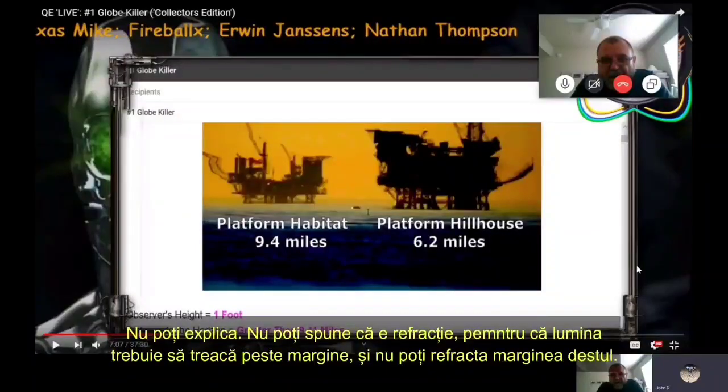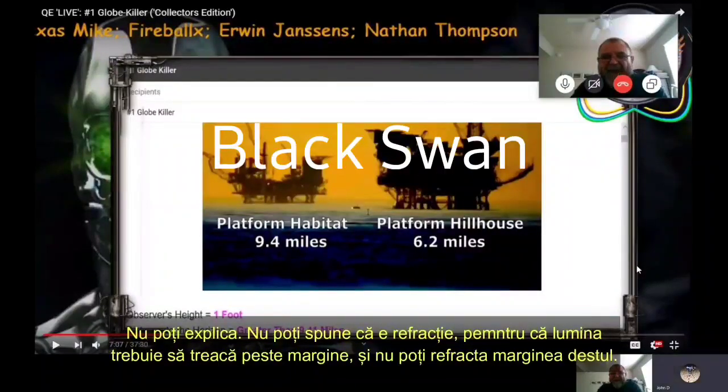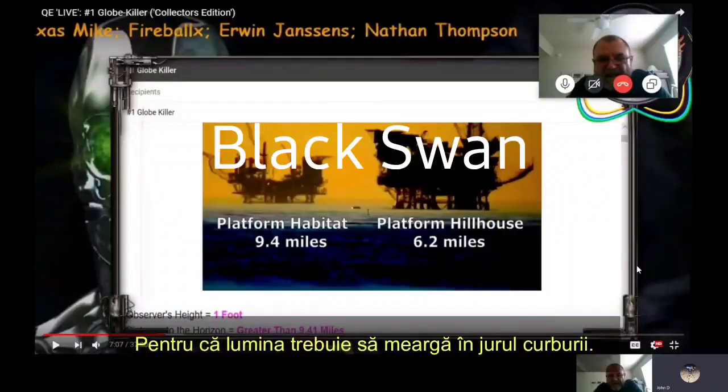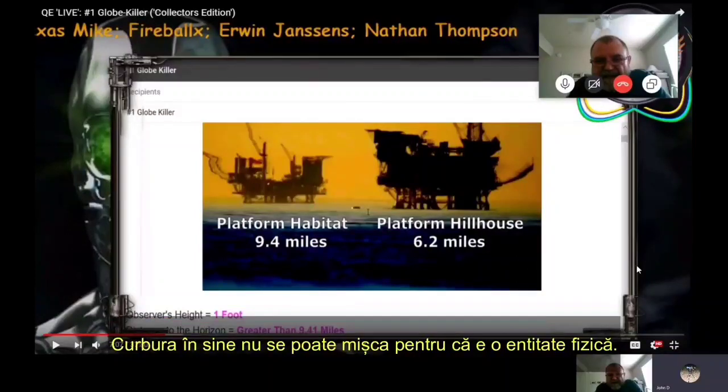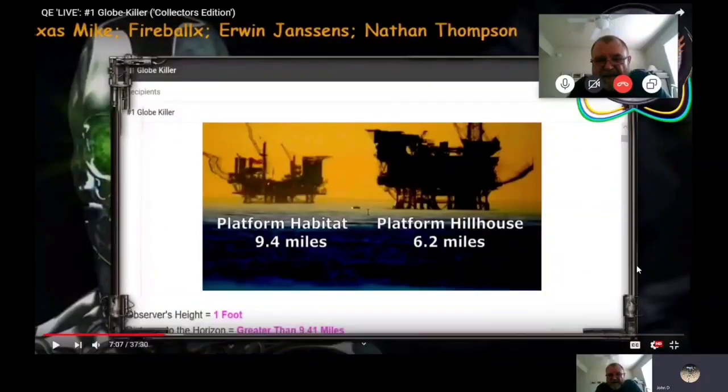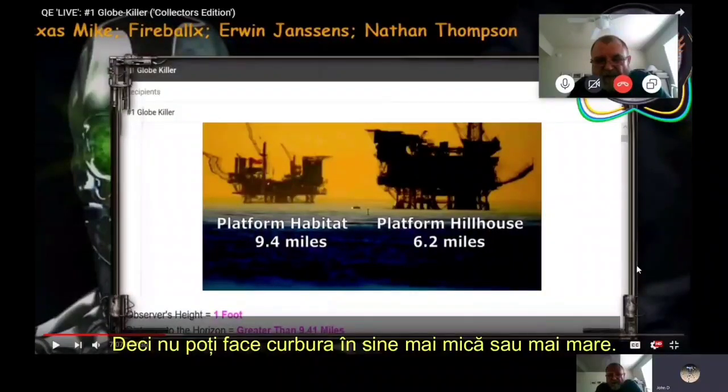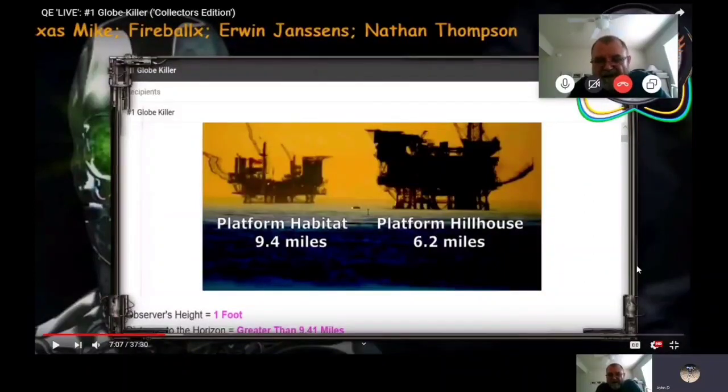Can't say that it's refraction because the light goes like over the edge. Yeah, if you see what I mean. You can't refract the edge up higher because the light goes round the curve. You agreed? Yeah, the light goes round the curve, like the curve itself doesn't move, because that's a physical entity. So you can't make planet Earth bigger or smaller. So now we're seeing